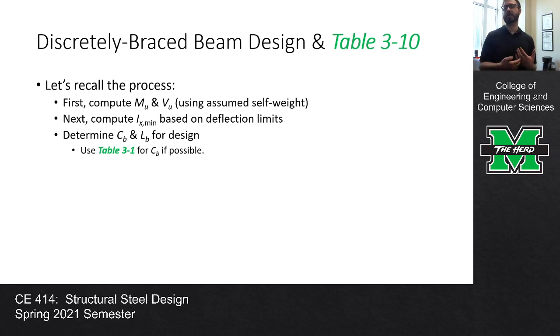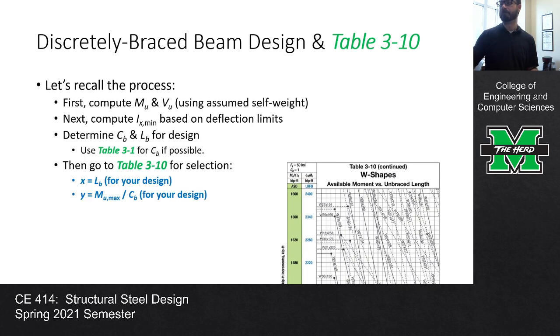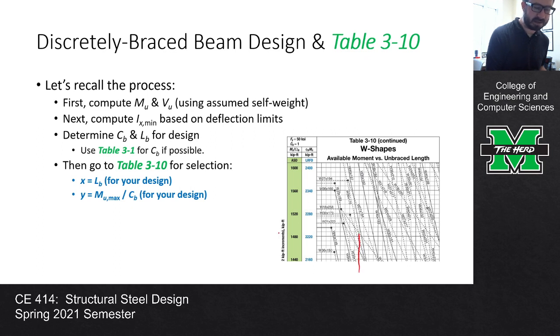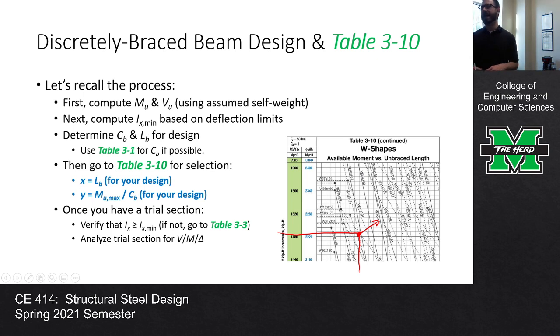You need to determine your LB value and your CB value that you need to use for design. If possible, try and use Table 3.1, but if the moments or the loads are really weird, you just have to compute the CB value yourself. And then you go into Table 3.10. And the way it works, as we've said, you go into the table with the LB on the x-axis. On the y-axis, you go in with MU over CB, right? Locate that point in the table, and then you're going to go up and to the right and pick your